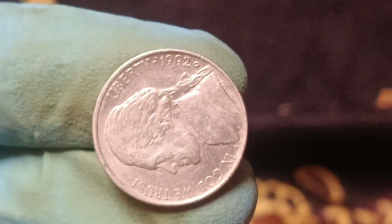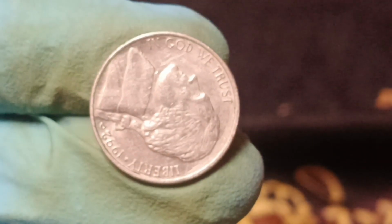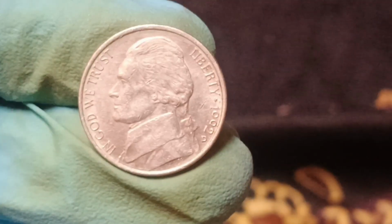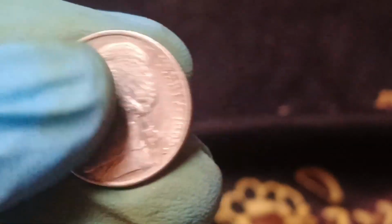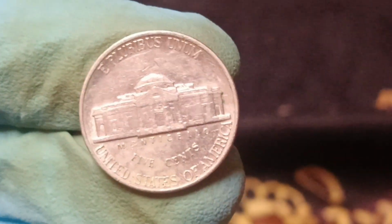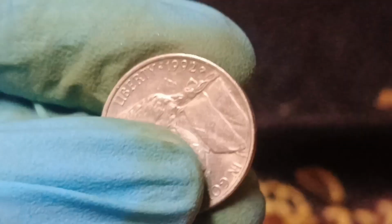Next, 1992 Jefferson Nickels USA coins. Have you ever held a coin in your hand and wondered if it could be worth a fortune? What if I told you that a simple Jefferson nickel from 1992, specifically one bearing the small yet significant D mint mark, has shocked the numismatic world by reaching a jaw-dropping face value of $24 million, and the story behind